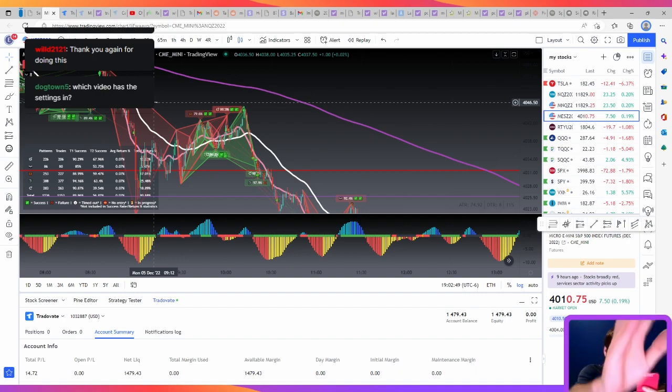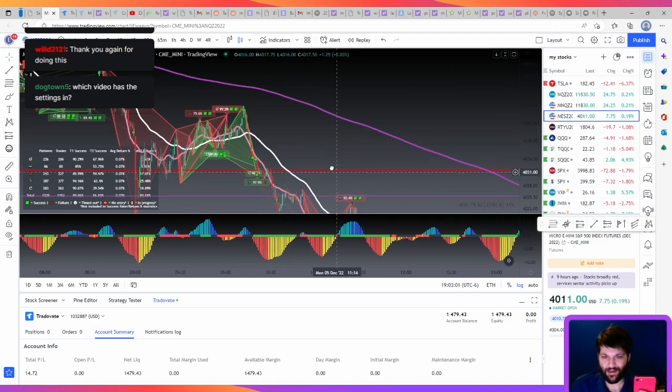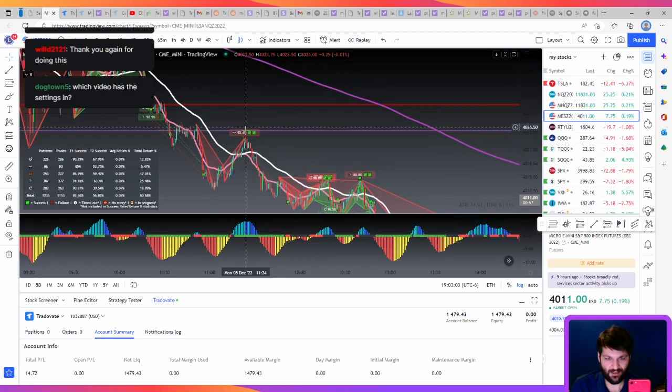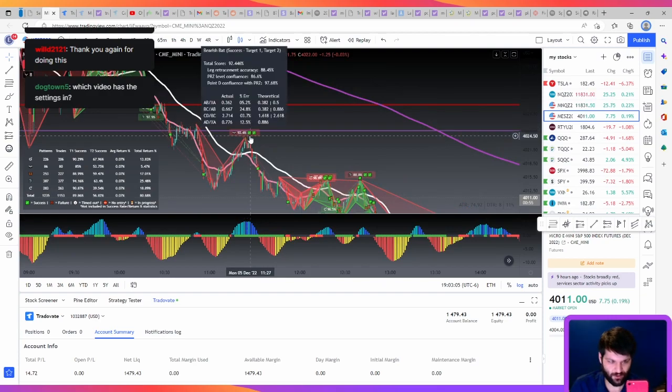You already made all your money before this one failed in the first place, so you should be done. If you're greedy and you don't know how to stop and you're a crackhead, then that one would have got you, right? Now, if you kept playing, you would have then hit another bearish one for two targets.